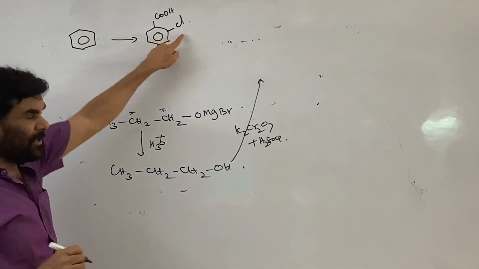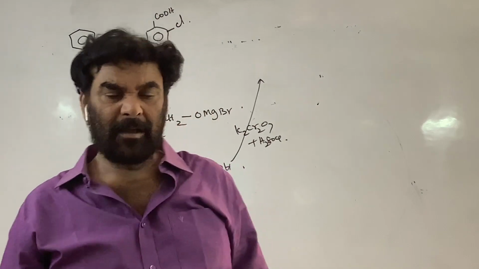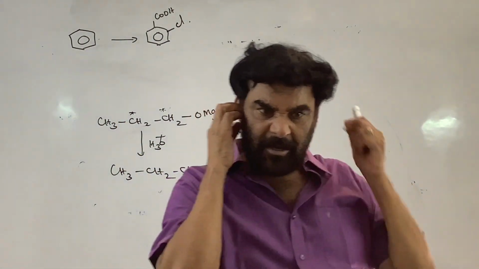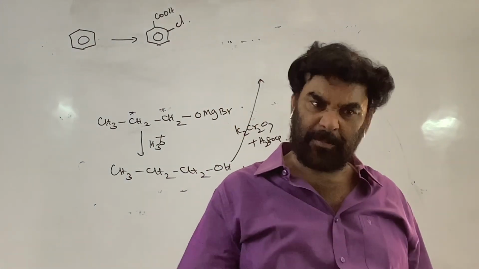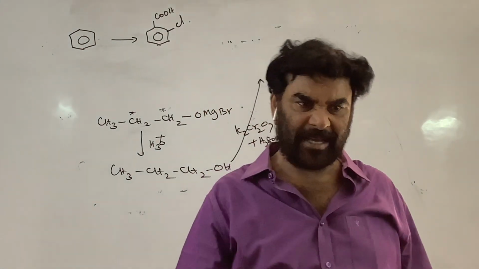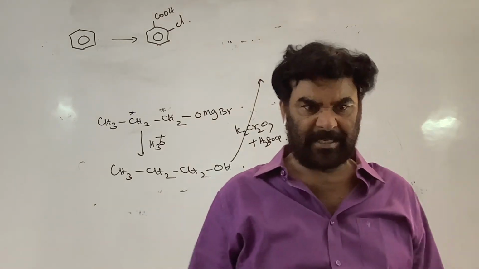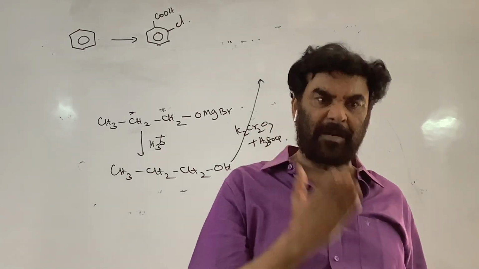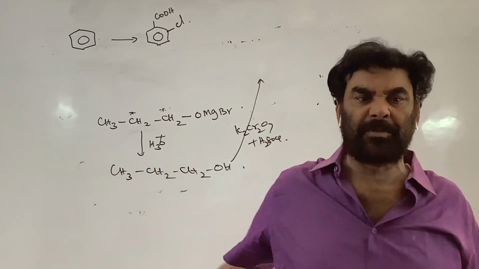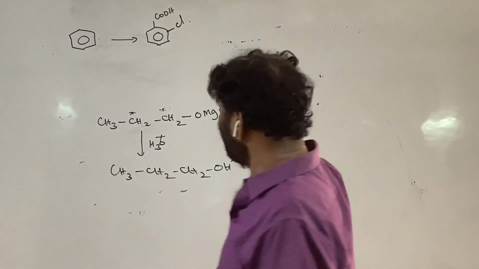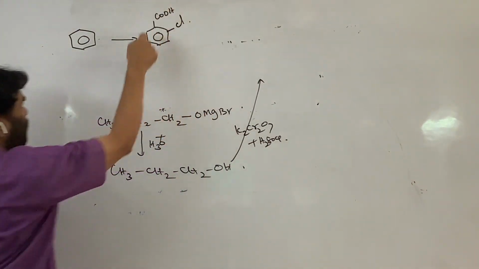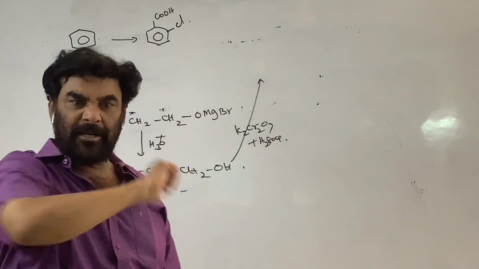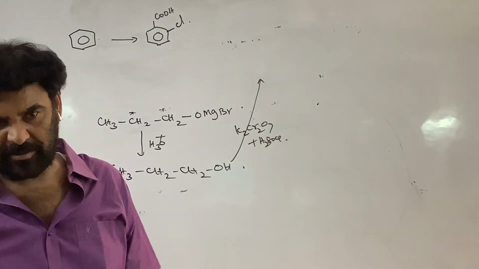If you introduce the chlorine first and convert, the Kolbe-Schmidt reaction with carbon dioxide under high pressure conditions is not possible because a ring deactivator is present. Carboxylation on the aromatic system is possible only if strong ring activating groups are present. Therefore, not the ortho position. So first introducing the chlorine is ruled out.